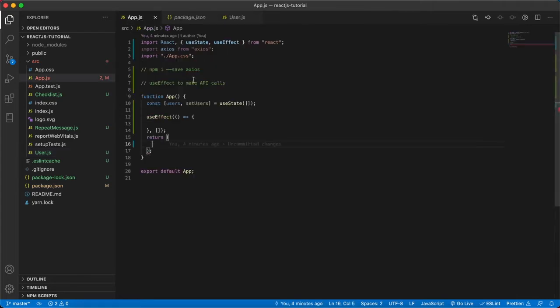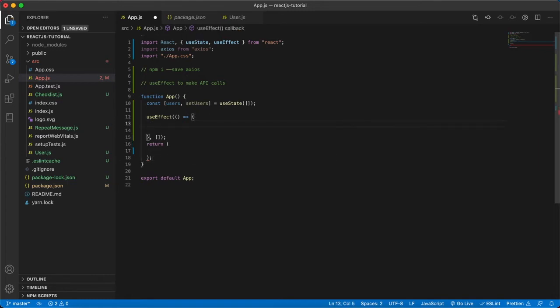Whenever you use a map, you have to use a unique id as a key on the parent div element, so that whenever there is an update, React uses these keys to do the comparison and re-render the particular element. If you don't use keys, it will throw a warning in the console. That's why keys are very important whenever you iterate using maps.